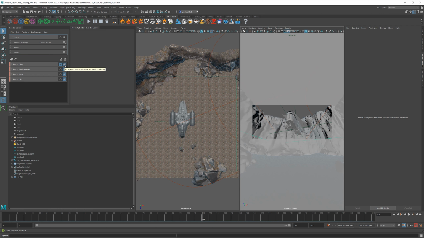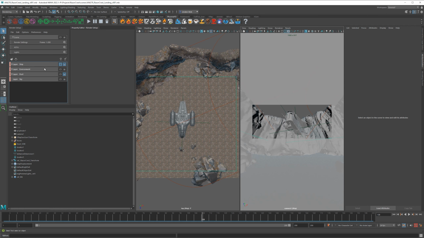The same thing will apply later on if you, for example, need to re-render only one of these. So let's say the environment and the sky is really good, but maybe you wanted to reanimate the ship. So you might need a different ship layer and you might need to re-render the dust again. That means that you don't need to render the environment again and you don't need to render the sky again. So you would only need to do the ship and the dust.